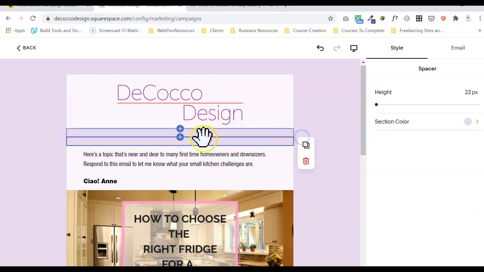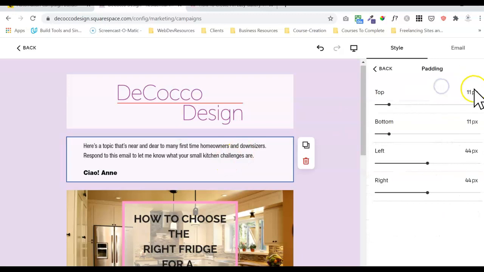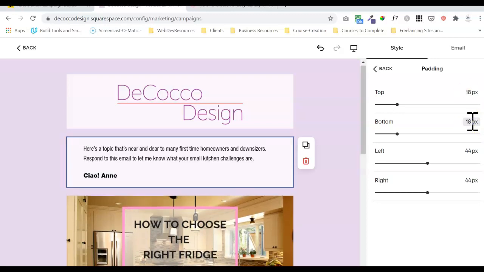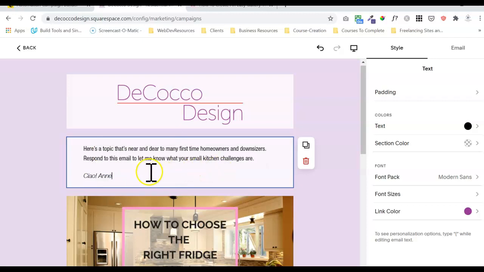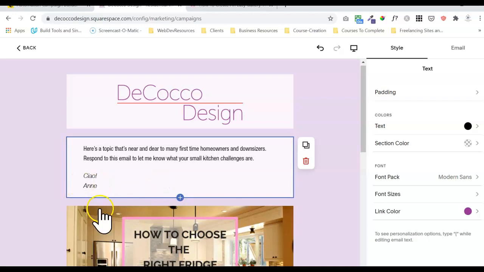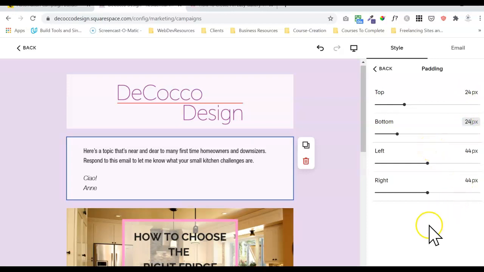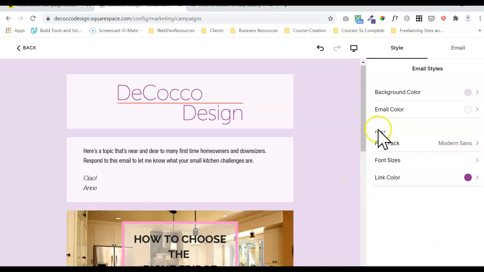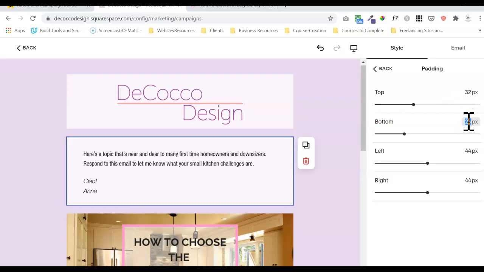I'm going to say let's duplicate the spacer, drag it down. I feel like this needs a little more breathing space, so we're going to increase that padding on the top and on the bottom. And I don't like that bold. I prefer the italics. Okay. And I'm going to do a little Shift Enter so that the two words stay close together. Okay, and I don't feel like I gave us enough padding, so let's try a little more. 24, 24. That feels a little better. I'm still feeling like maybe we could do a little bit more. Let's try 32. And on the top,